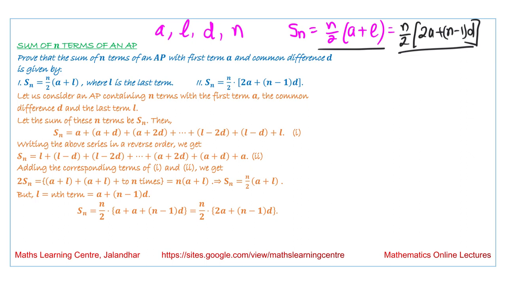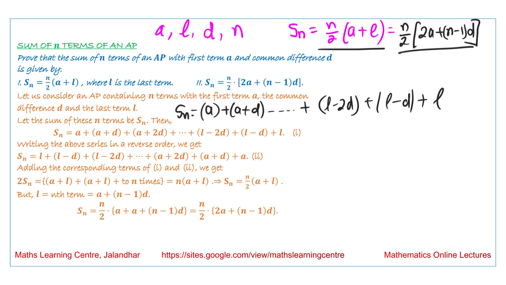So if we write the sum Sn, the first term is A, the next term is A plus D, and so on up to L minus 2D, then plus L minus D and plus L. Now this series we can write again in this form: L plus L minus D plus L minus 2D, and so on up to A plus 2D, then plus A plus D and the last term is A. Now if we add both these equations,